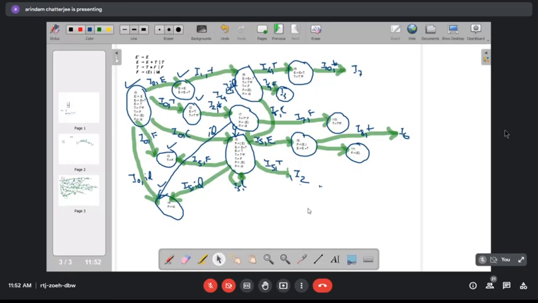For example, if you start from I0, if you get non-terminal E followed by a plus and followed by a T and followed by a star, you reach I7. So this is nothing but a DFA for this required PDA, the finite automata part. Of course, we will augment it with the stack to make it a full-fledged PDA.